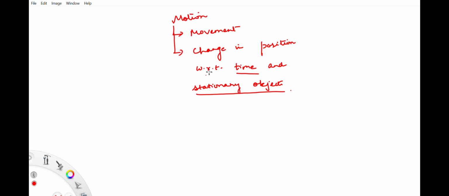So this makes us come to another very important feature of motion, that motion is relative in nature. Something that is not moving for you might be in a state of motion for somebody else, right? So you need a certain reference to say whether an object is in a state of motion or not, right? So motion is relative in nature. You cannot express motion in absolute terms. So these are certain characteristics of motion.